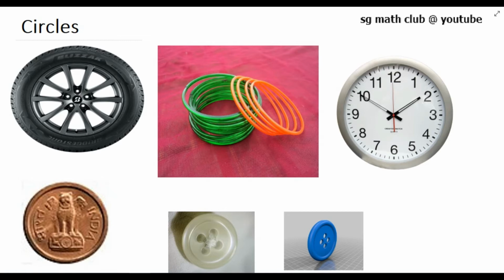You may have come across many objects in daily life which are round in shape, such as wheels of a vehicle, bangles, dials of mini clocks, coins of denomination like 50 paisa, 1 rupee coin and 5 rupee coin, button of shirt, etc. In a clock, you might have observed that the second hand goes round the dial of the clock rapidly and the tip moves in a round path.